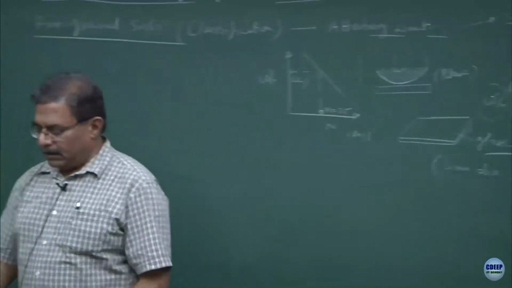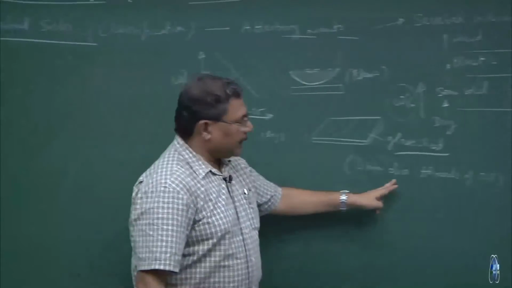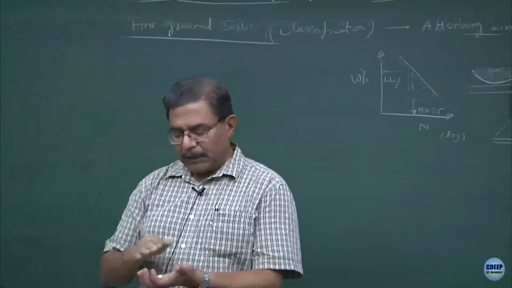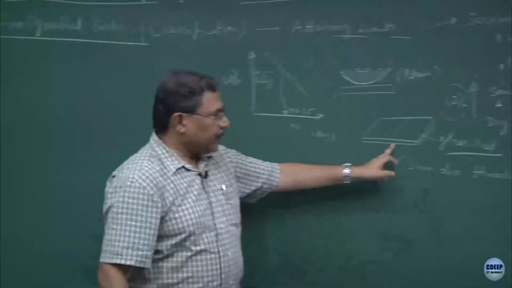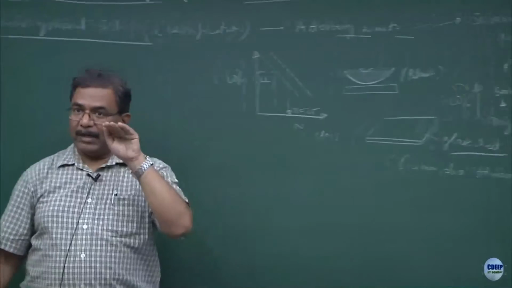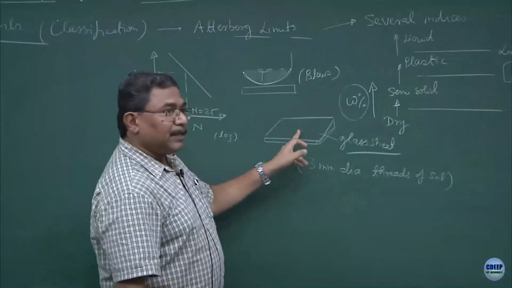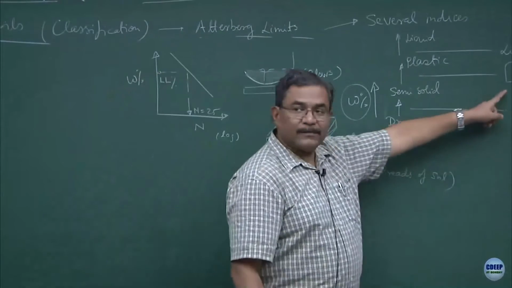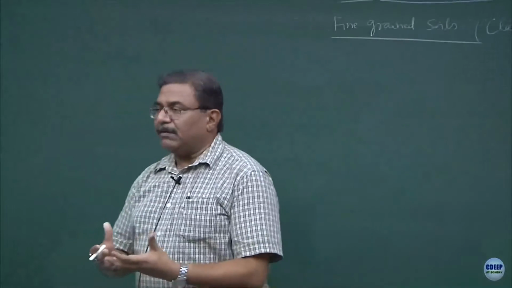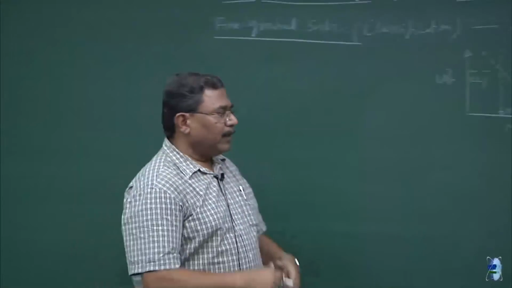The logic behind using your fingers for remodeling this to this state is your body has some heat. So, truly speaking, when we roll it on a glass sheet, we are imparting a lot of heating by your body heat, and at the same time we are trying to convert this material into a thread. So, this is the plasticity, how plastic the material is, clear. So, this is the state of the material which defines how easily the material can be remolded into a plastic state.